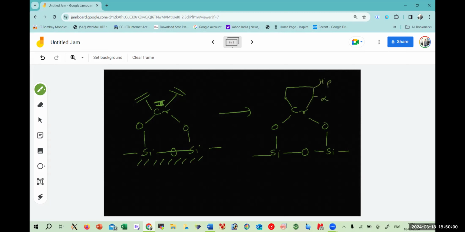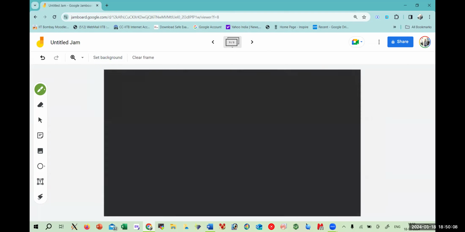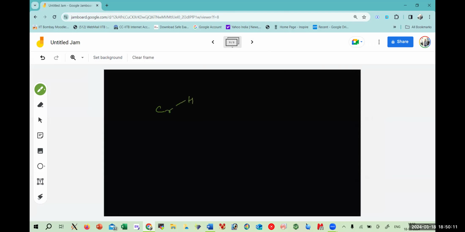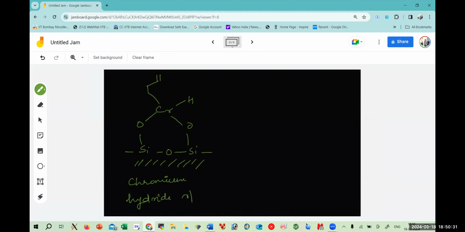Now, once it attacks on this, the chain opens, and again we have a chromium hydride bond, oxygen, and oxygen, silicon. This is the support, and your chain has now been opened, making a double bond over here. So this is your chromium hydride species,